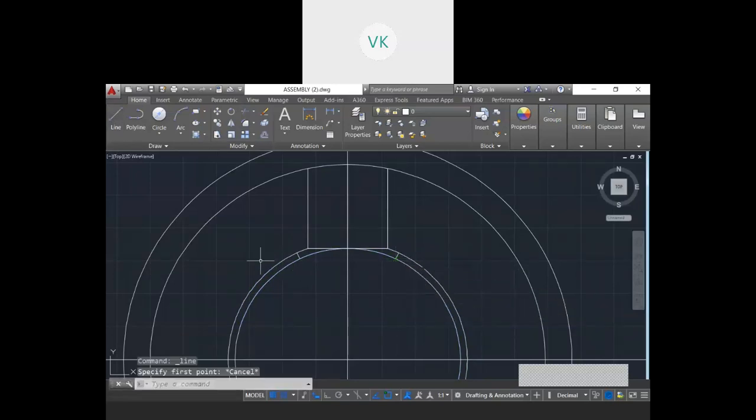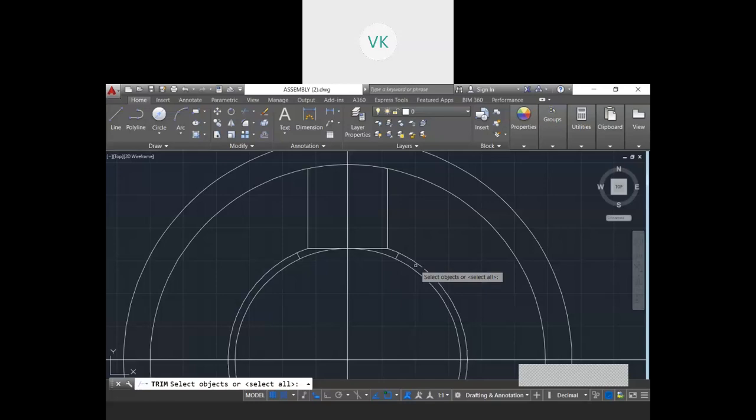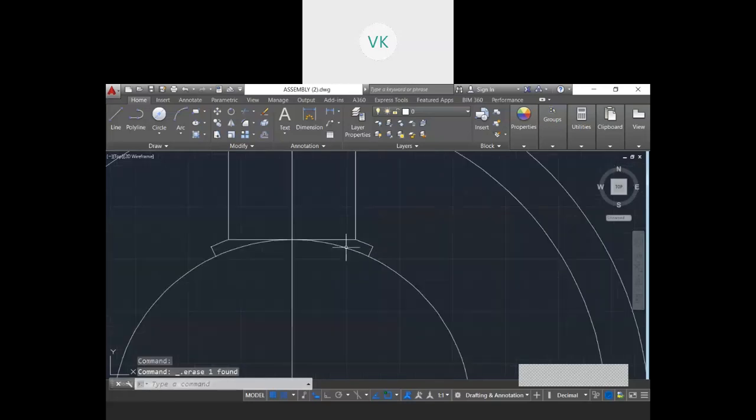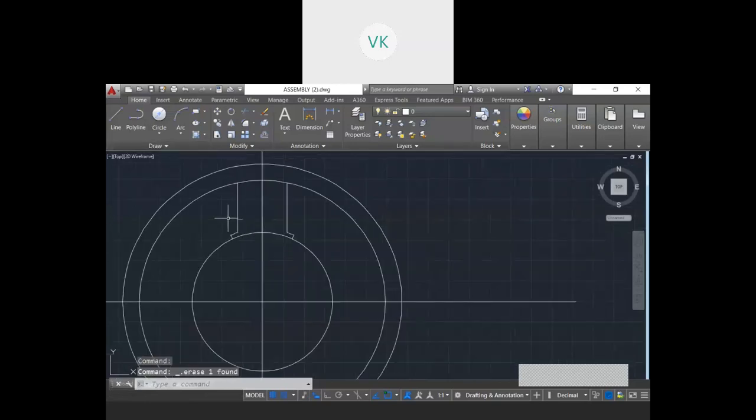So now this part I can remove now. Once again I will go for trim, break also, whichever you feel easy you can take. I will trim here also once again. So I will remove this line. And I will remove the circle also now. This is not required for me.